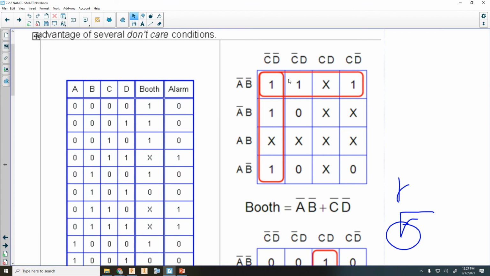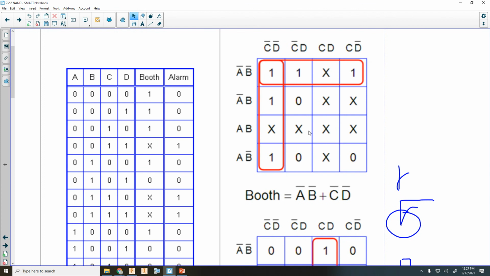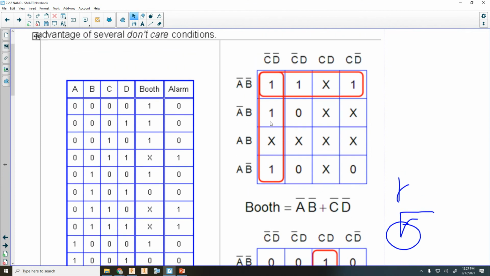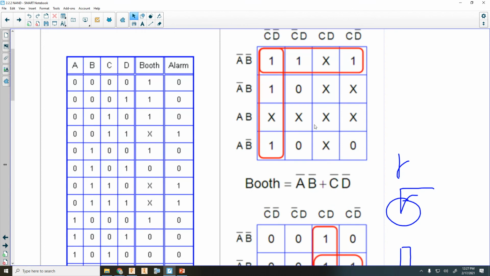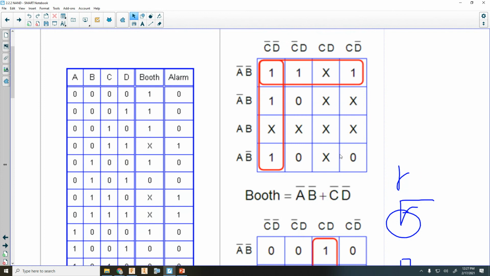And for the booth circuit, we have a bunch of don't cares, because if there's an alarm situation where the privacy rule is being violated, we don't care if there's a booth available, right? Does that make sense? So that's why we have all those X's in there,